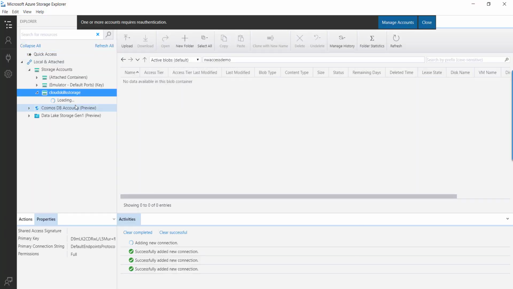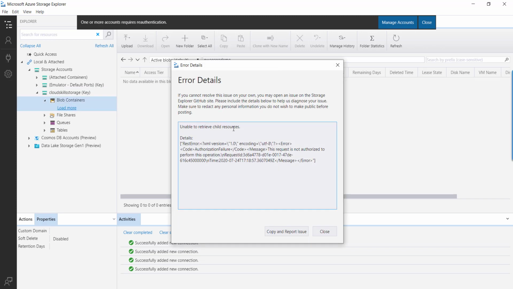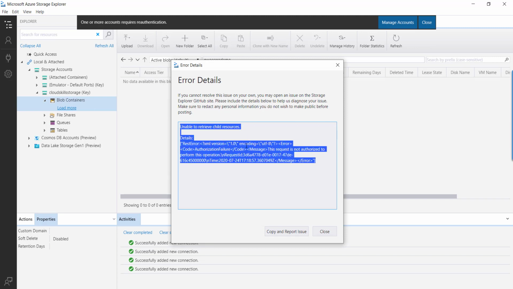It's trying to connect, and you see that the connection is established. Let me try to access the data from this blob storage. Even though we have the storage account key, we are now not able to access the data. So we have successfully achieved our first goal, that our storage account should be accessible only from a particular network.